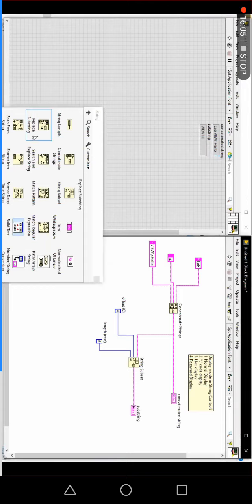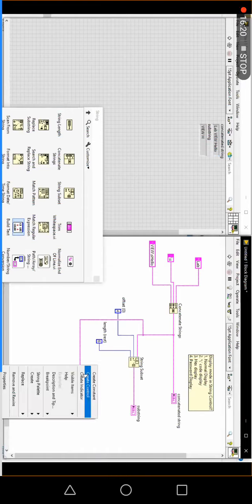What is a replace substring? Replace substring means it's very simple. I'm going to connect the same string here. Here you have a substring available. So go for the constant; the constant will be "world".